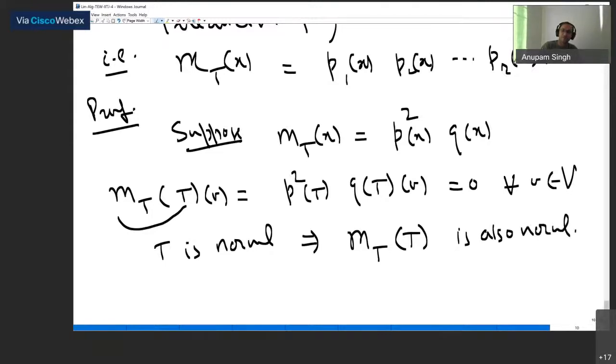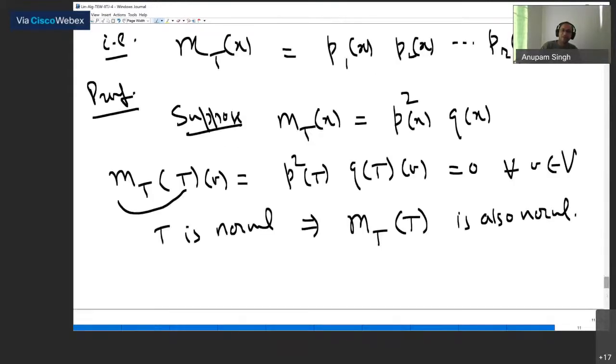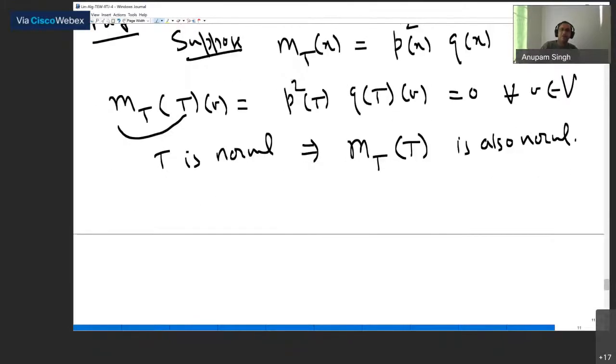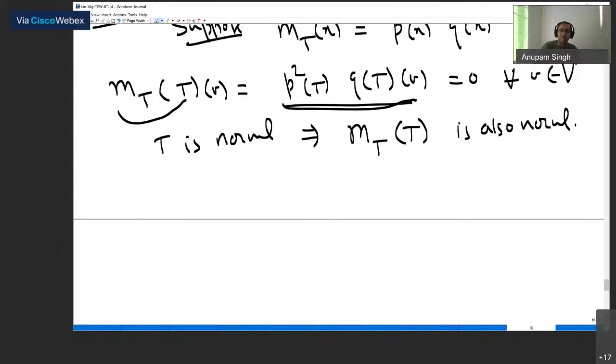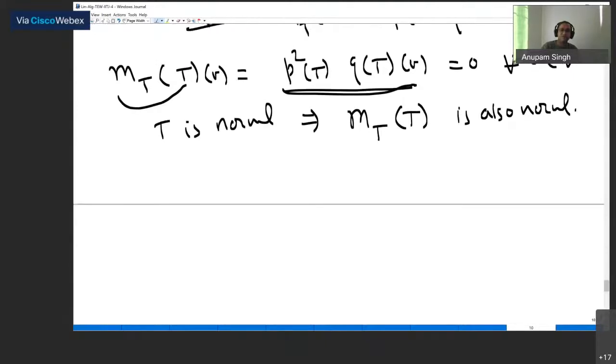Similarly, now I want to use this and apply the previous step. So we take P(T). This is also a normal operator,